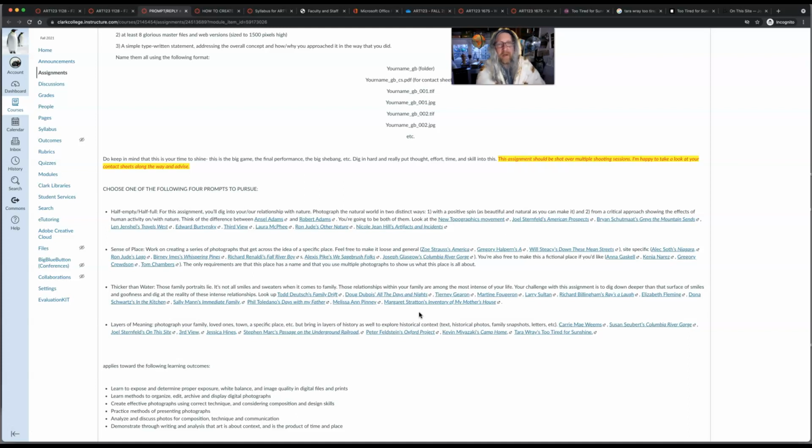There's also a prompt here called Layers of Meaning. This one I think is especially fascinating because it's about the importance of context, okay? And how we can use photography, but wrap it around a statement, perhaps it's just words, a statement, a story, or in the context of historical images to create meaning. So what am I talking about? You want to know what I'm talking about.